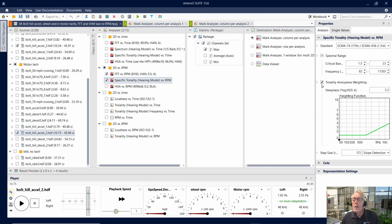There's a switch for tonality annoyance weighting, and we see that we have a unity weighting up to 1 kilohertz. Then the weighting gives a higher and higher magnitude as the frequency of the tonality increases. So tonalities above 1 kilohertz get a higher magnitude. So we can see here, for example,